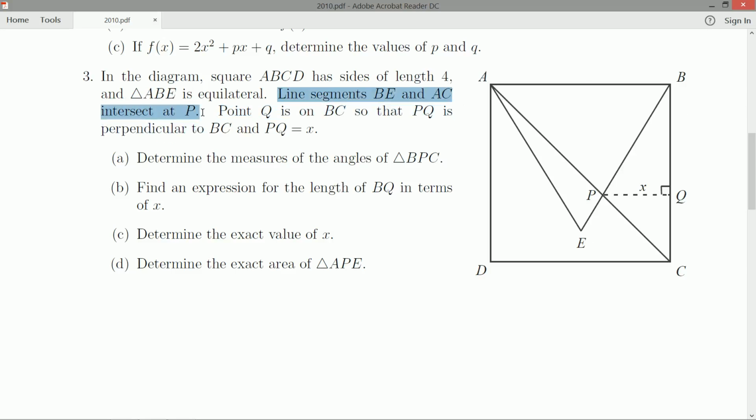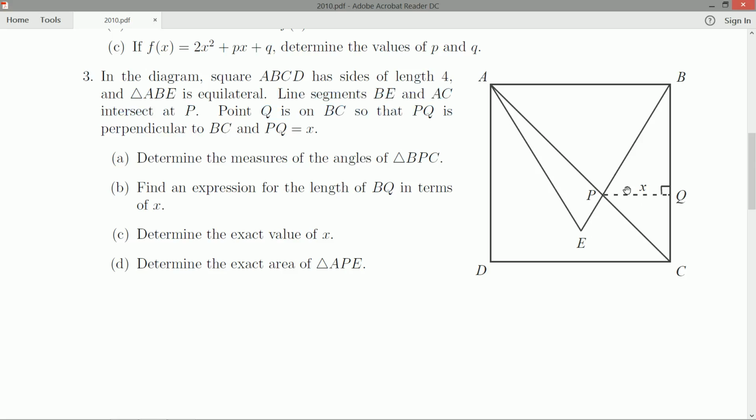Something that I'm starting to think is, maybe adding some coordinates on here wouldn't be so bad, because if I can figure out equations for AC and BE, then it would be very quick to find their intersection. Point Q is on BC, so that PQ is perpendicular to BC